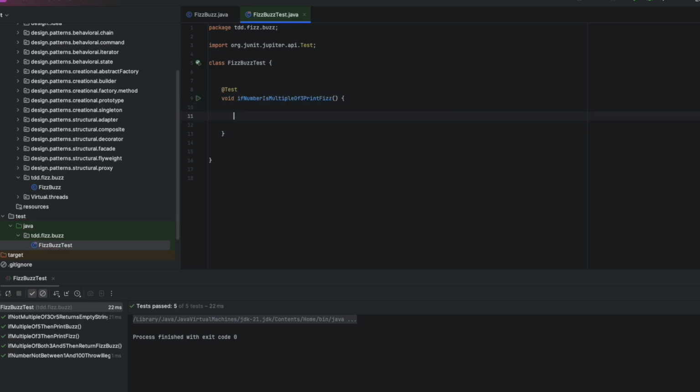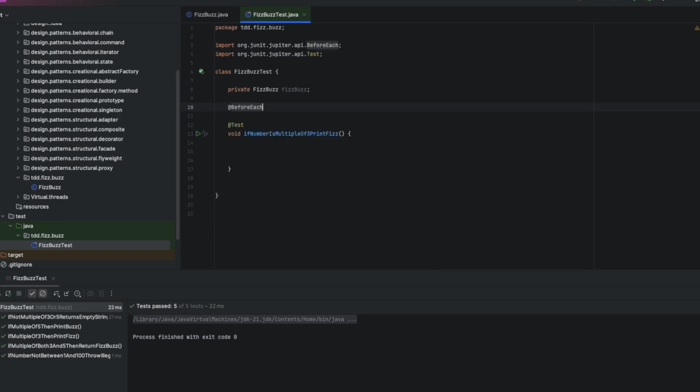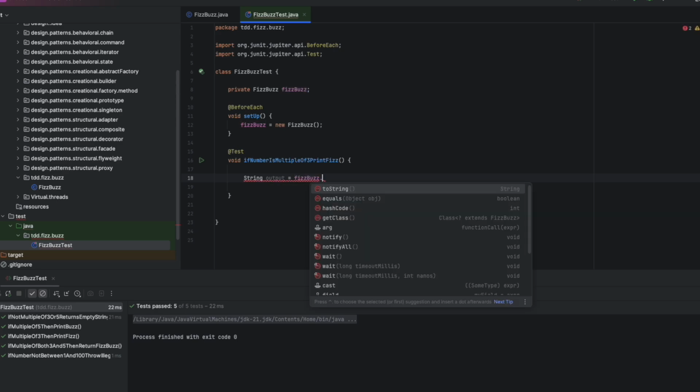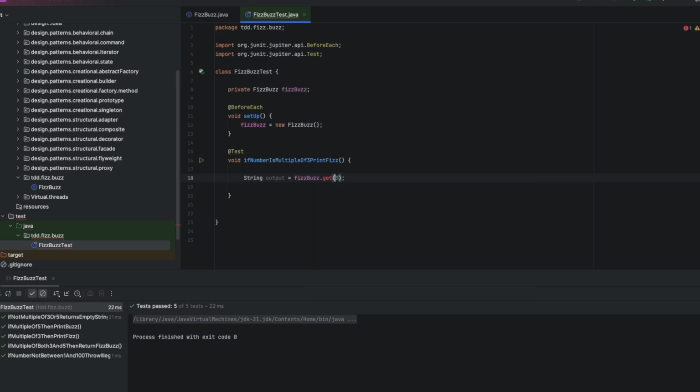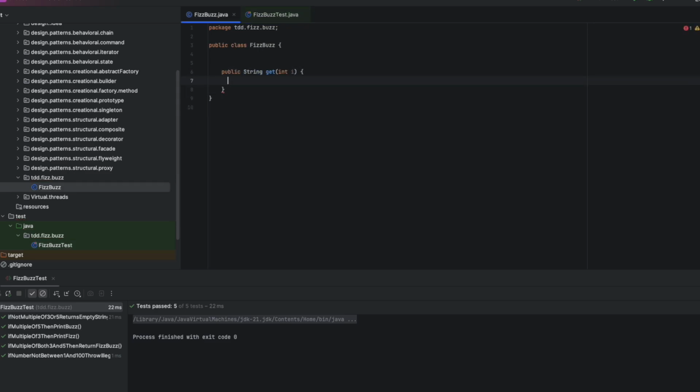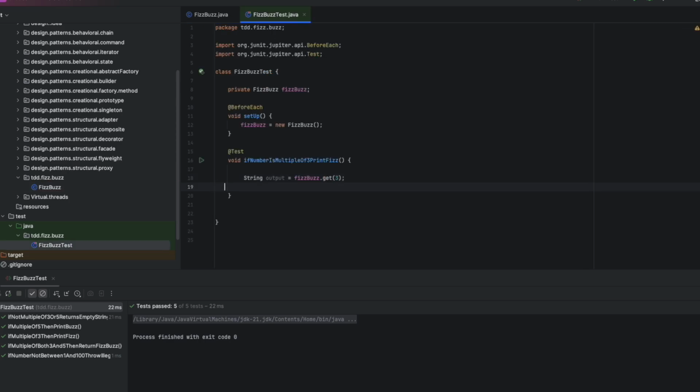I have to initialize the class Fizzbuzz first. This class or method should return a string, so I will do string output equals fizzbuzz.get(3). Now it gives a compilation error, so I will create this method get and let it return an empty string. Then I'll go back and assert